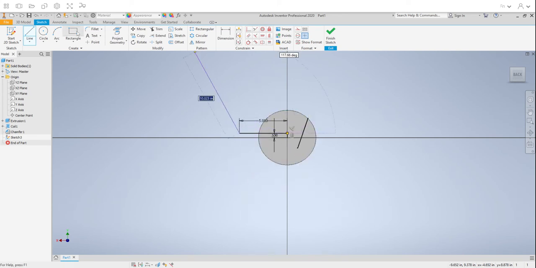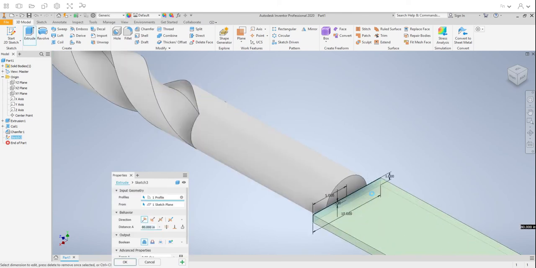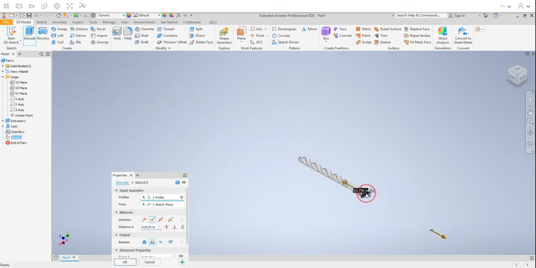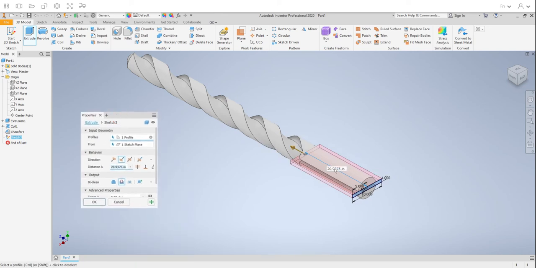I'm going to go half both those distances to find one corner of the rectangle, and then I'll do the full width of 10 and the full height of 1 for the full rectangle. I want to extrude it into the shape, but I don't want it to cut away. So I'll turn back to join. As you go back into the shape 18,